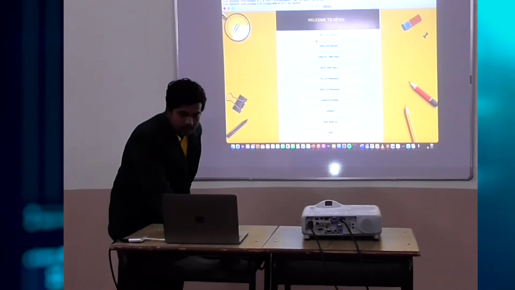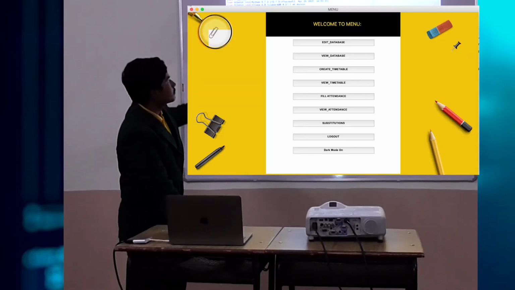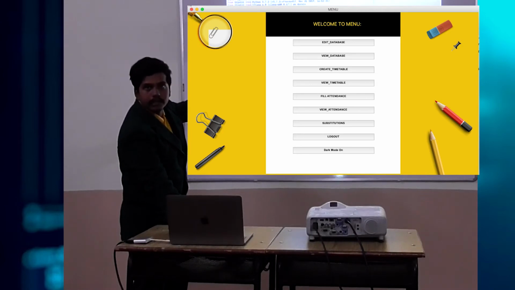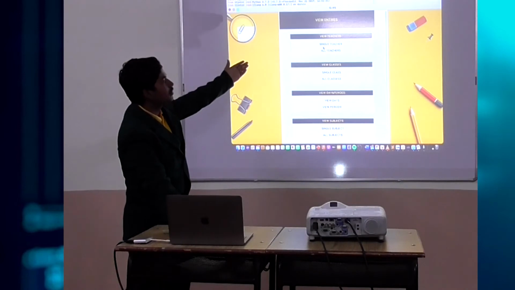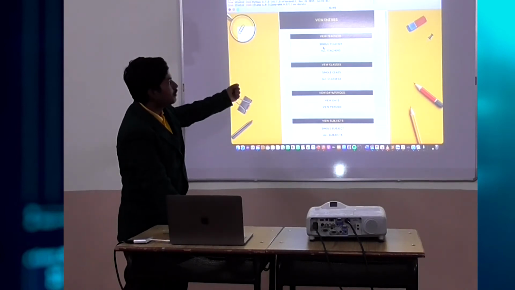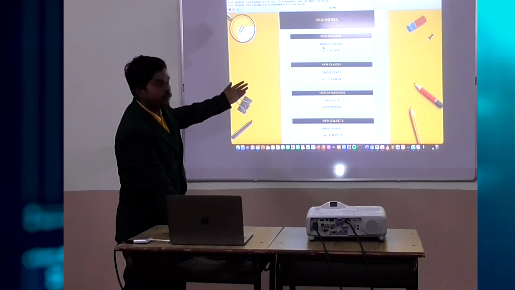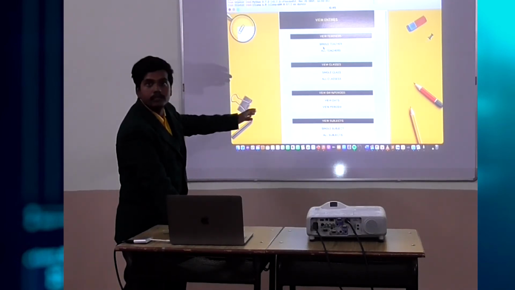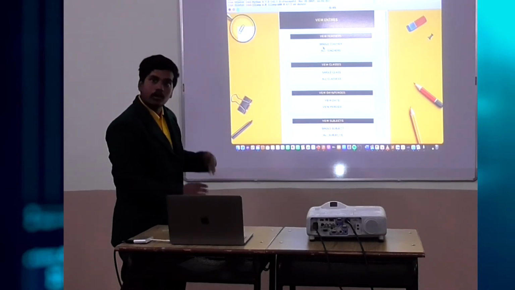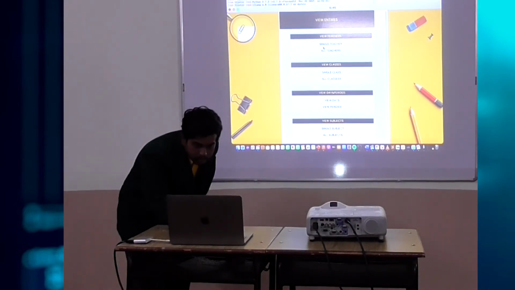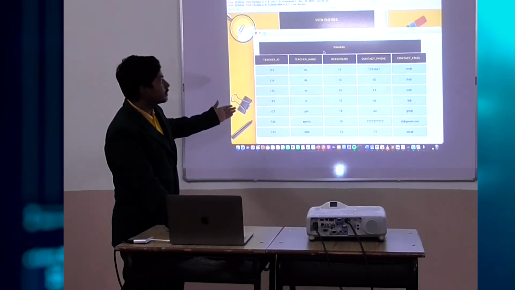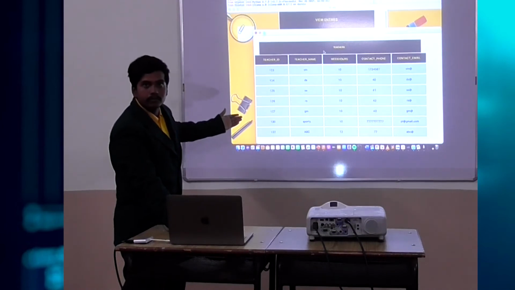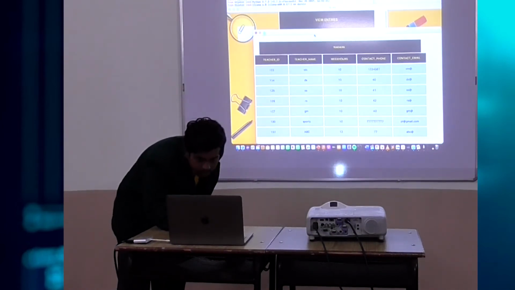And now we can just log in, and there are the databases. We can edit the database, we can view the database. If we view the database, we can see a single teacher record or all teachers' records, or a single class record or all class records, and we can also see by day or by periods, and we can see only the subjects which are included in the data and also all the subjects. So if you want to see all teachers, here is the teachers' record: teacher ID, class, contact number, email ID. And if we get back to it,